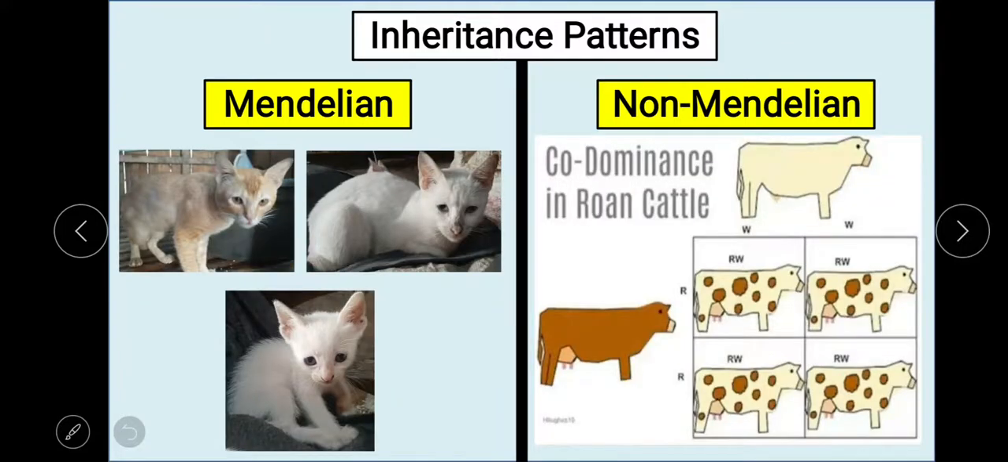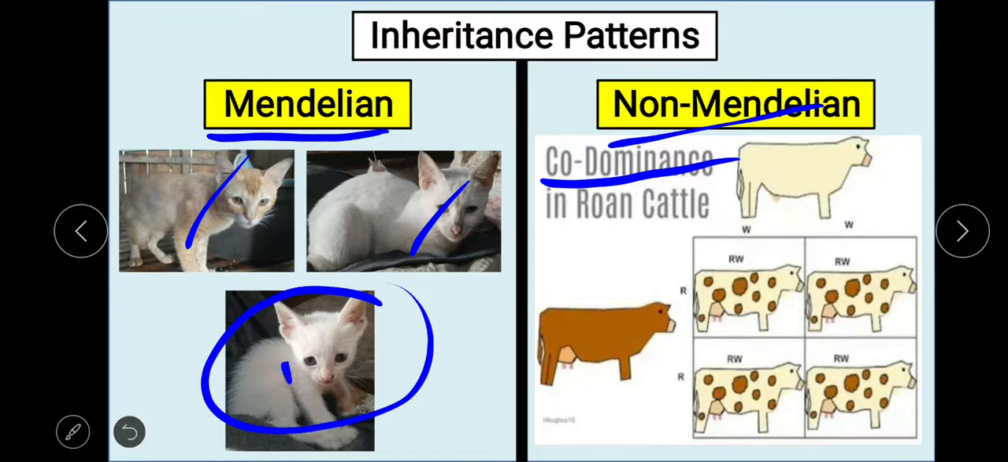Example, only 1 trait. In Mendelian, 1 trait. Non-Mendelian, 2 traits. Particularly codominance, because in this example we have a brown cat and a white cat. Only 1 trait is inherited in the offspring, which is the color white from the mother cat. But in codominance,